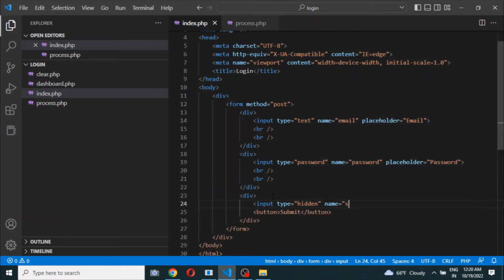Name should be submitted and value should be any arbitrary value. It need not be one, it can be anything you want, it doesn't matter. So this submitted value is there when we submit this form,